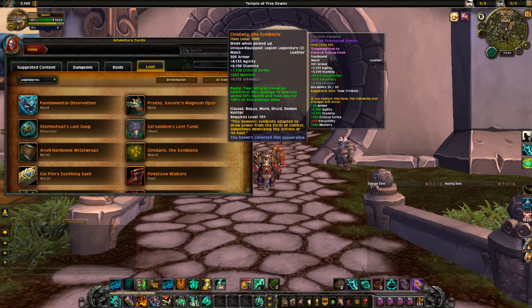Synodaria the Symbiote. Best stats, critical strike and mastery. Your attacks cause an additional 30% damage to enemies who are above 90% health and heal you for 100% of the damage done. This is really strong if you're at risk of dying on pull, or if you're looking to do